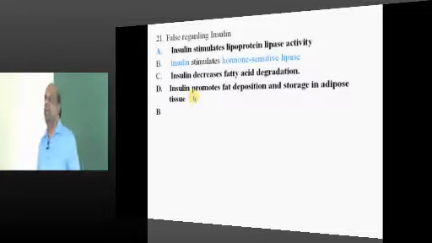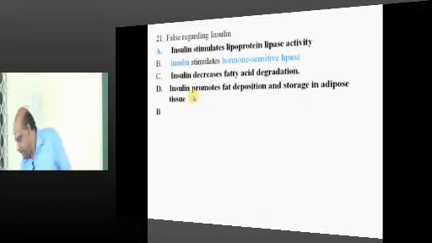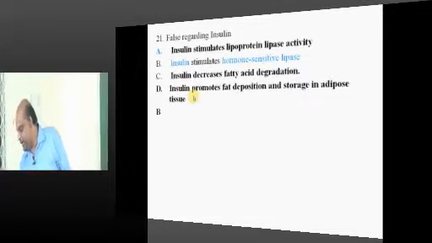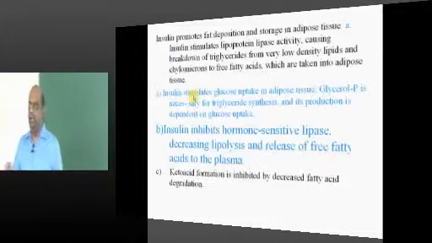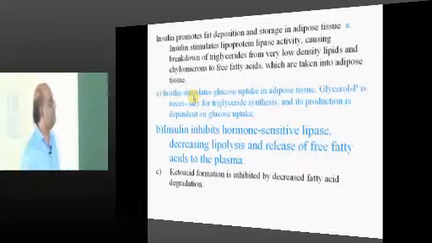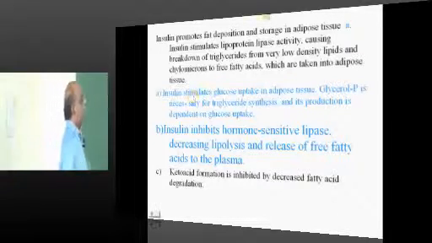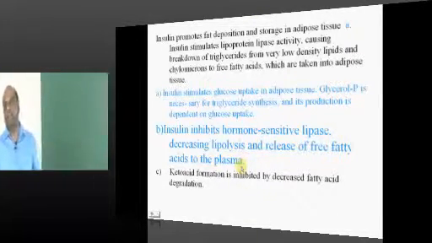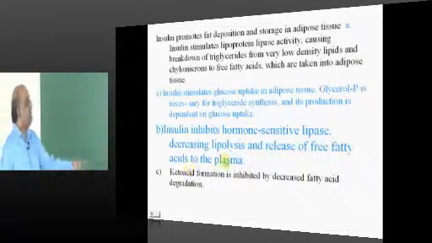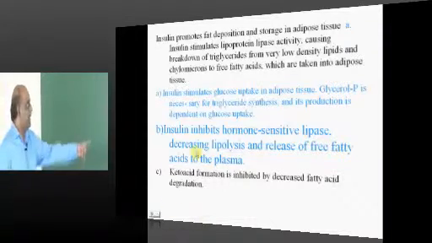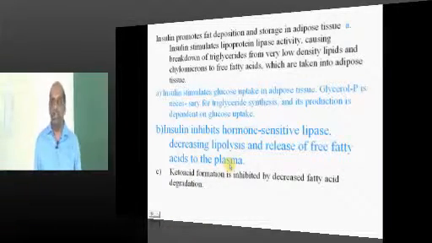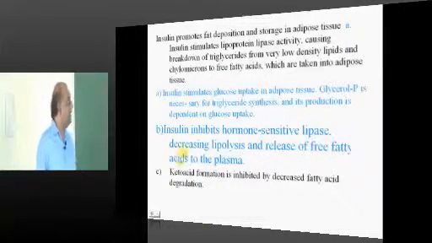Okay, doc. Insulin, very good. Our other students online have shot it correctly. Insulin inhibits the hormone sensitive lipase and decreases the lipolysis and the release of the free fatty acids into the plasma. So if there is no insulin, there is no lipolysis, so there is only lipogenesis, hence